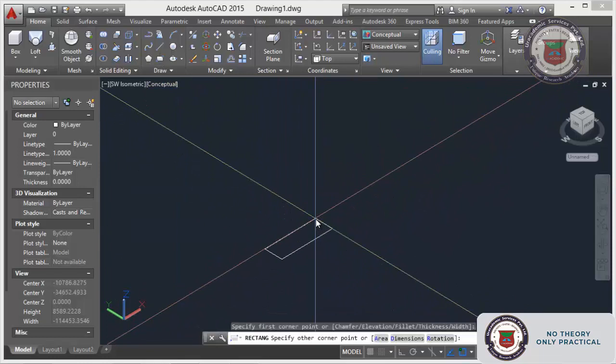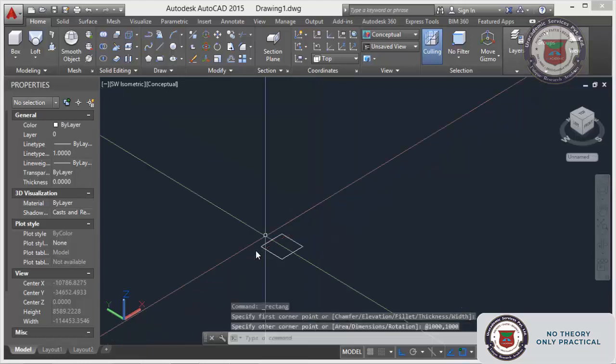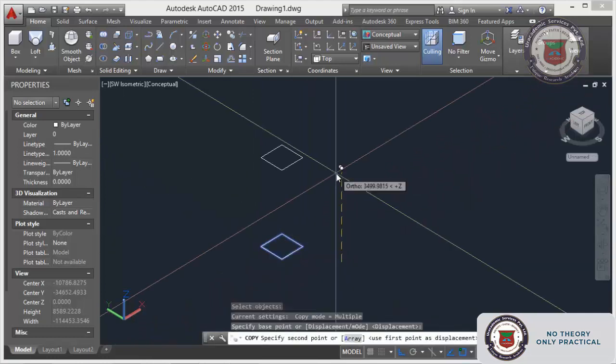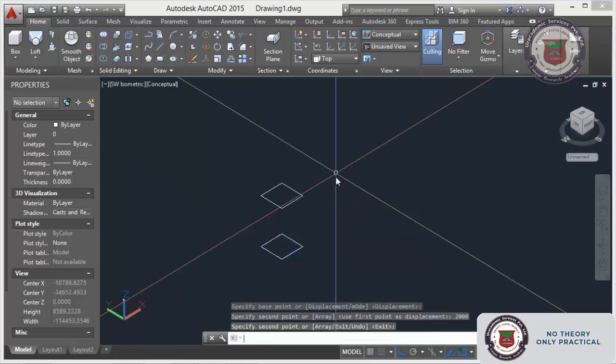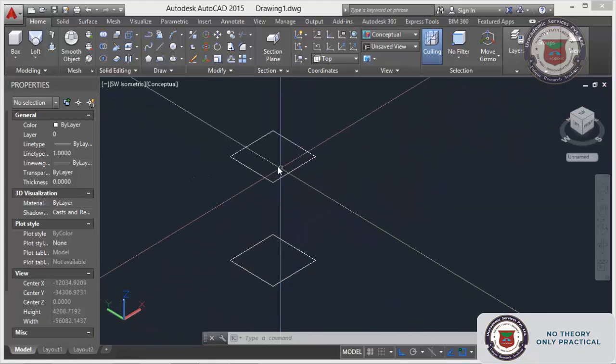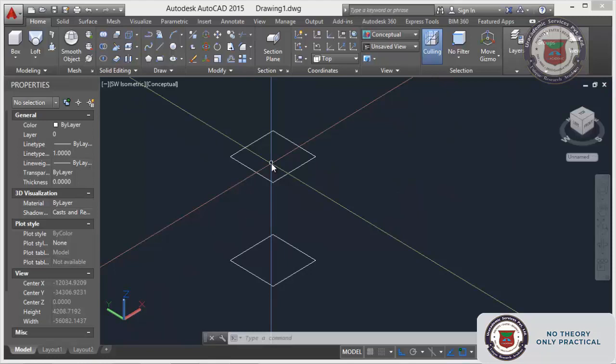Left at 1000, and another one above. I am giving round values so that whatever dimension we give will be in our mind, so that we can adjust if required. Otherwise we will not have control over the modeling. So for reference only I am giving round values. You can use whatever dimensions you need.